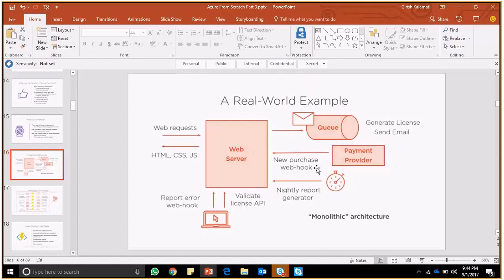Okay, once that new purchase is done, there will be a nightly report which generates builds or reports at night, where it can say how many requests came and how many licenses were generated, those kinds of stuff. If anything happens to the webhook, it would report an error. And once all this web request has succeeded, you'll give a successful message back to the customer in HTML,